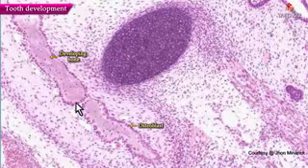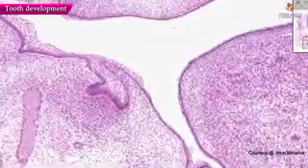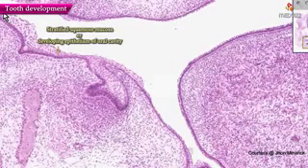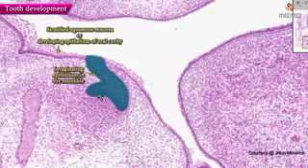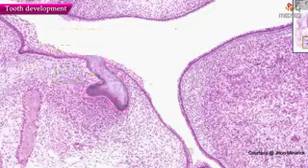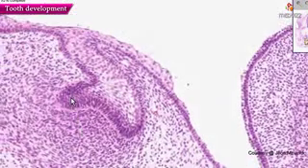You can see developing bone in which we have osteoblasts becoming osteoclasts, depending on whether they're at the edge of the spicule or in the middle of it, respectively. And last but not least, you can see that this squamous mucosa, stratified or developing epithelium of the oral cavity, is invaginating in an area in the mandible to form a more specialized type of epithelium called